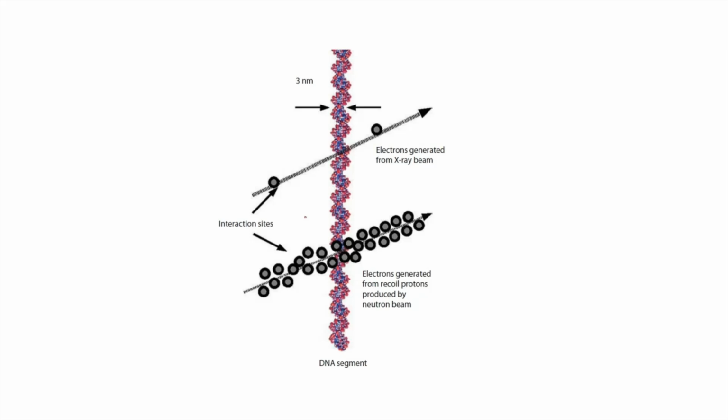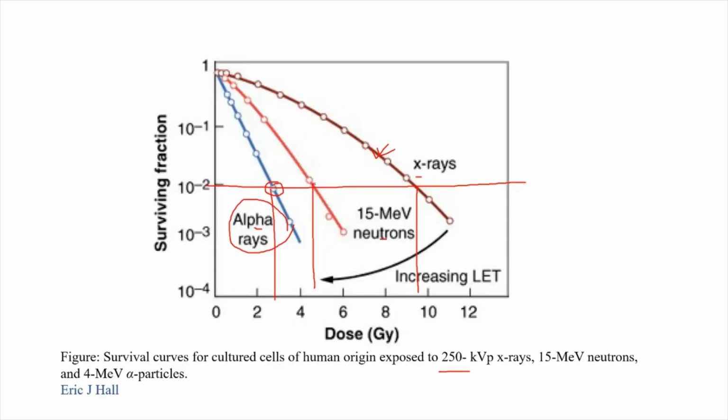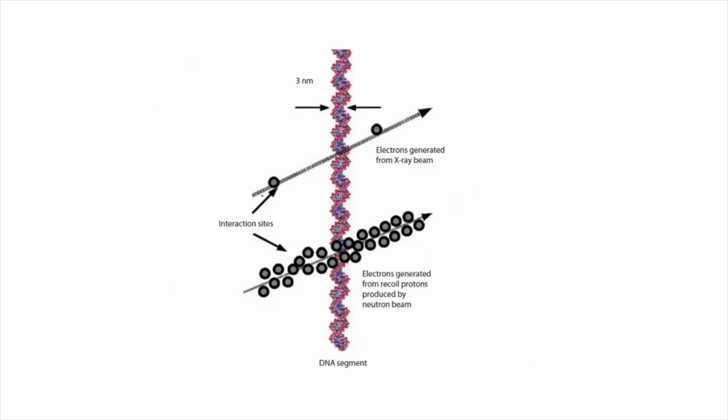So that's why for high LET radiation, there is a higher probability that this radiation will damage your DNA and cause double strand breakage. And we know double strand breakage is highly correlated with radiation-based lethality, and that's very important. That's why we see higher cell killing for alpha rays than for neutrons and then for X-rays, because these alpha rays cause a greater amount of double strand breakage in the cell's DNA, and that's the main reason for cellular lethality.